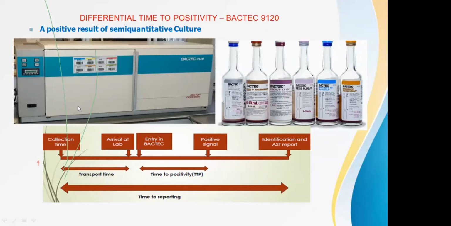So the clinician is much more concerned: I have sent the sample today, at what time it was placed, and immediately after placing, what time did it come positive? Is it within a very short span of time, or has it taken 24 hours or beyond that? So differential time to positivity is relevant nowadays for clinicians to know the likely reason. As I said, there can be pre-analytical errors at the time of collecting the sample, and there can be analytical ones, such as whether the bottle was placed immediately or it took a number of hours to push the bottle into the BACTEC.